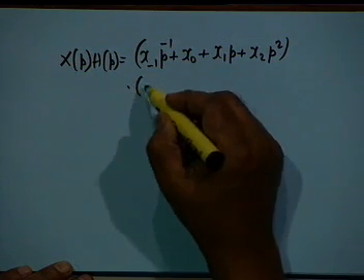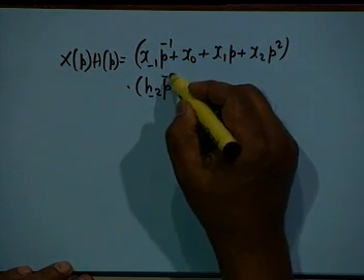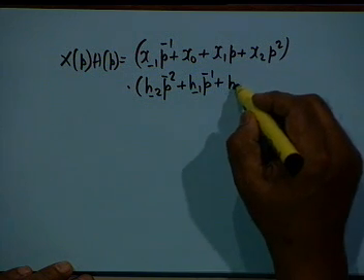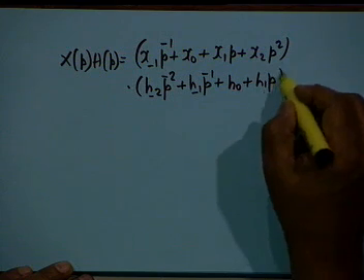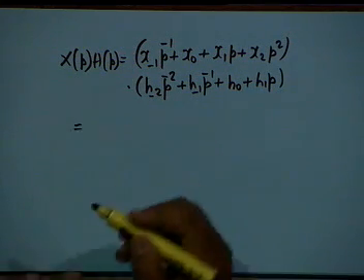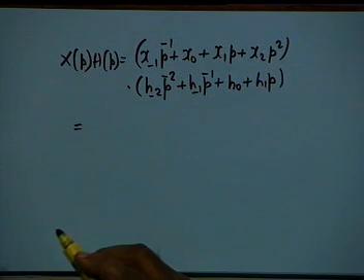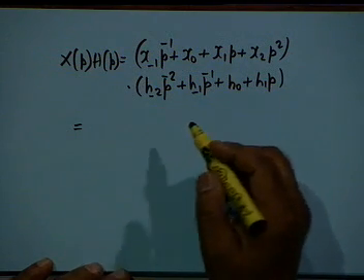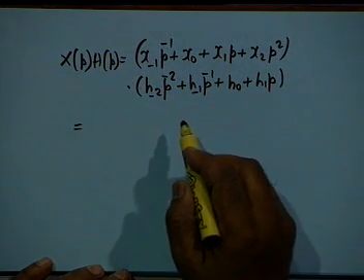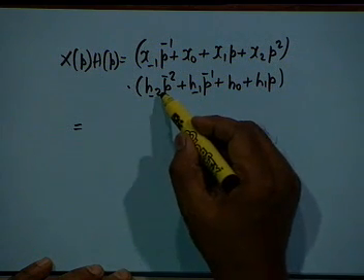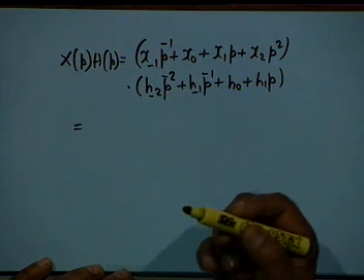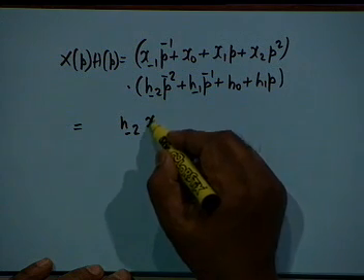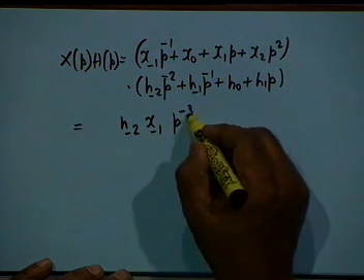This multiplies h minus 2 p to the minus 2 plus h minus 1 p to the minus 1 plus h naught plus h1 p, and we find the result in terms of powers. So this will also be a polynomial in terms of powers of p. For example, p to the minus 3 will be obtained by multiplying this term by this term, and this is the only term. So you get h minus 2 x minus 1 p to the minus 3 plus